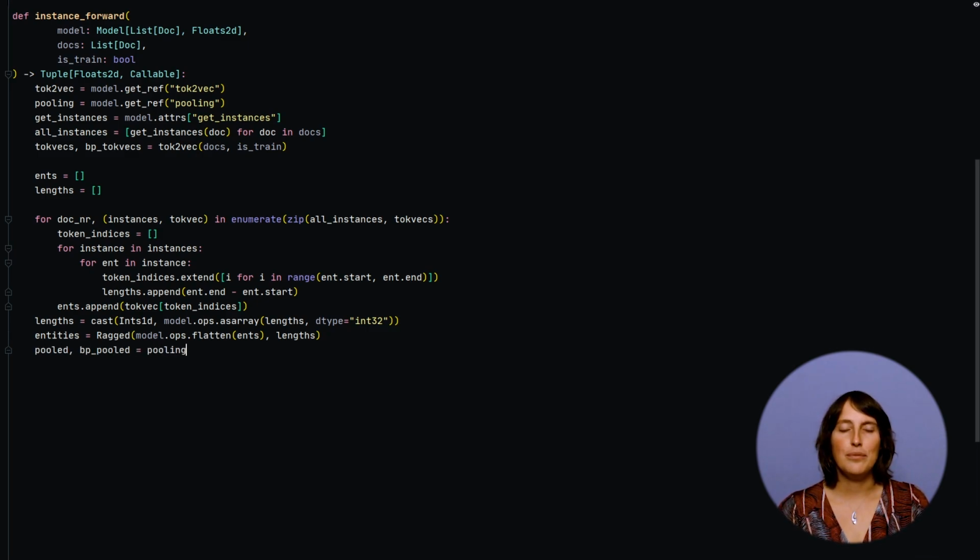Having gone through this transformation, we now apply our pooling layer to the ragged object and obtain a two-dimensional array with the entity vectors. Again, this call produces not only the resulting array, but also an appropriate backpropagation callback that will allow us to revert the operation when we need to backpropagate the gradients to update the network. In a final step, we reshape the matrix to obtain the tensor holding one candidate relation instance per row. The resulting relations array will now be returned by our forward function.